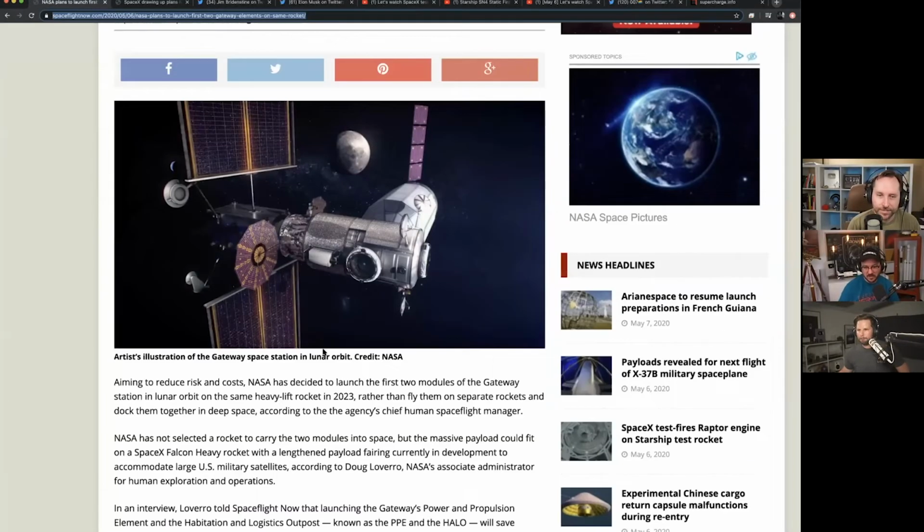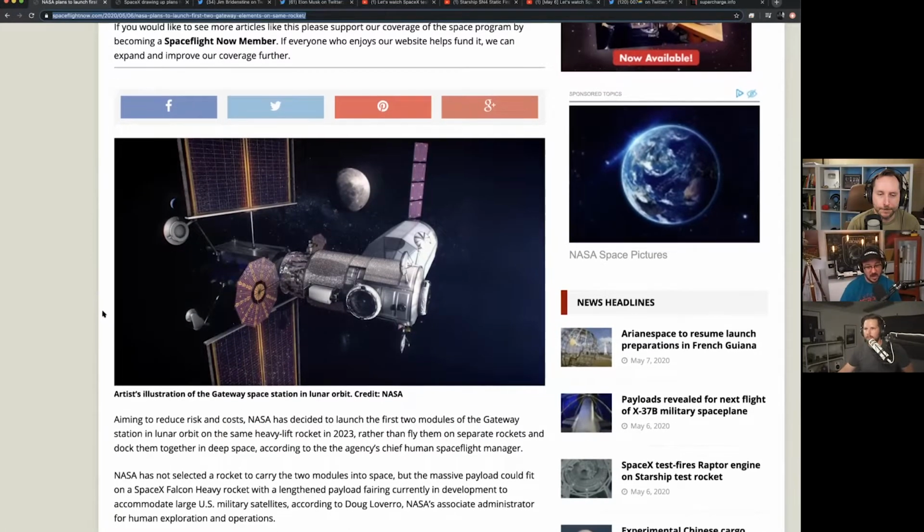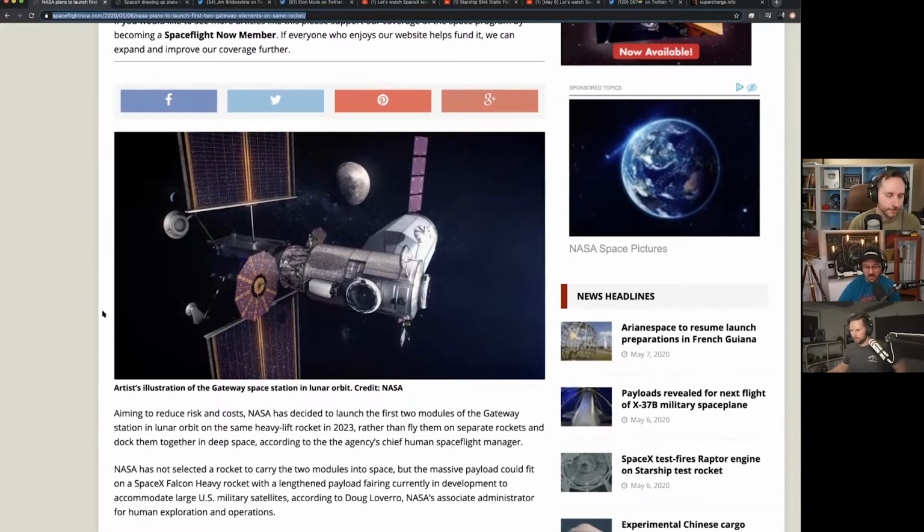So the first one came out this week that NASA. So we kind of talked about the Gateway, which is going to be a lunar orbiting kind of like a miniature ISS that's in orbit around the moon. It's a really exciting thing, and it's happening. We've talked about how SpaceX will be sending cargo to the Gateway with a Dragon capsule, Dragon XL capsule they're